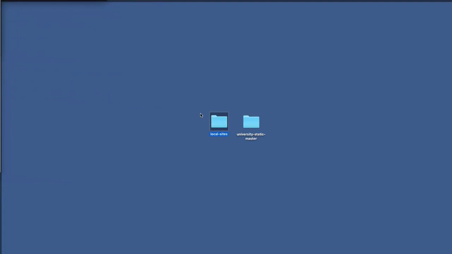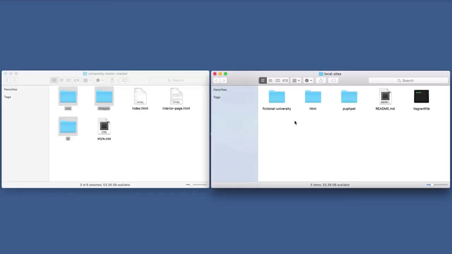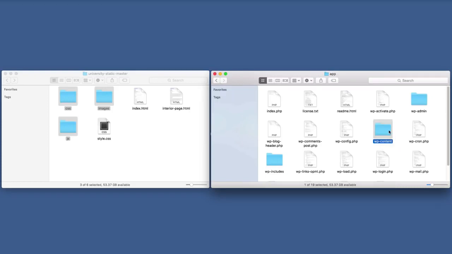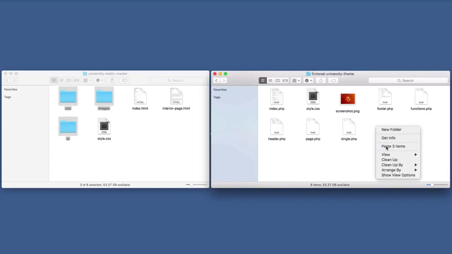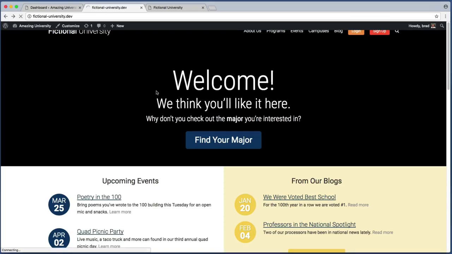So remember, your theme folder lives within your local sites or projects folder, or wherever you set up WordPress. So open that up, and then drill into your theme folder. If you're using my Vagrant setup, go into Fictional University, and then the App folder, and then WP Content, and then Themes. And here's our Fictional University folder. So go in there, and this is where we just want to paste in our clipboard. Cool, so we copied over those 3 folders, and now if we refresh our website, we still don't have the